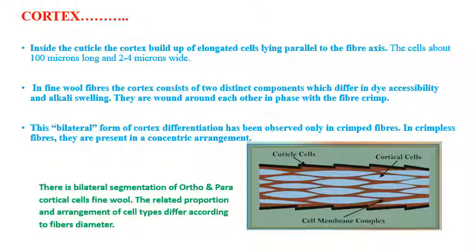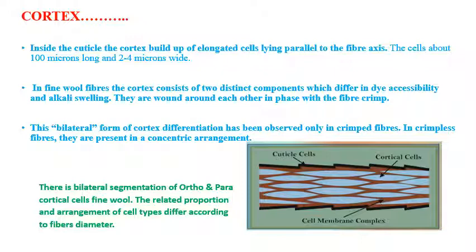So there is a difference between the fine wool fiber and the coarse wool fiber in the structure of the cortex. Accordingly, their dye acceptability or alkali swelling varies. They are wound around each other in phase with the fiber crimp. So the cortex has an important role in fiber behavior. If it is fine, then the cortical structure is different and they will have a waviness. If they are coarse, then the cortical cell arrangement is different and there will be no waviness,